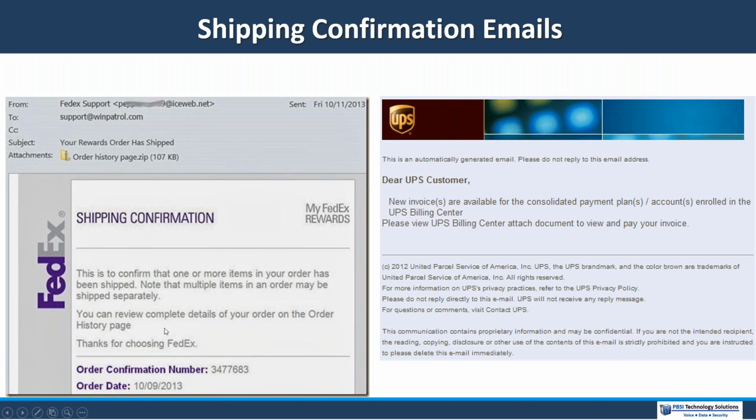FedEx, your shipment's been delayed. Oh, I didn't know. Did my wife order something? UPS, same thing. Shipment notices. If you have ordered something from Amazon or wherever you ordered it, and they send you an email saying immediately in response, here's your tracking number. Okay, that's fine. That's different than getting an unsolicited email from UPS or FedEx that's not directly linked to the order that you know you placed.